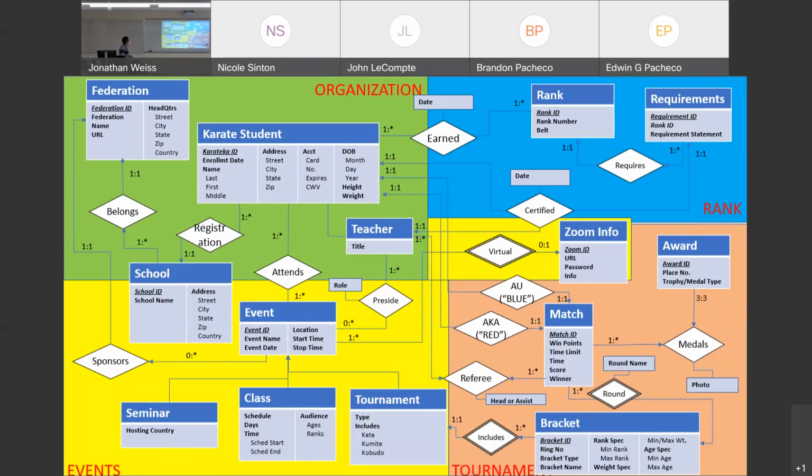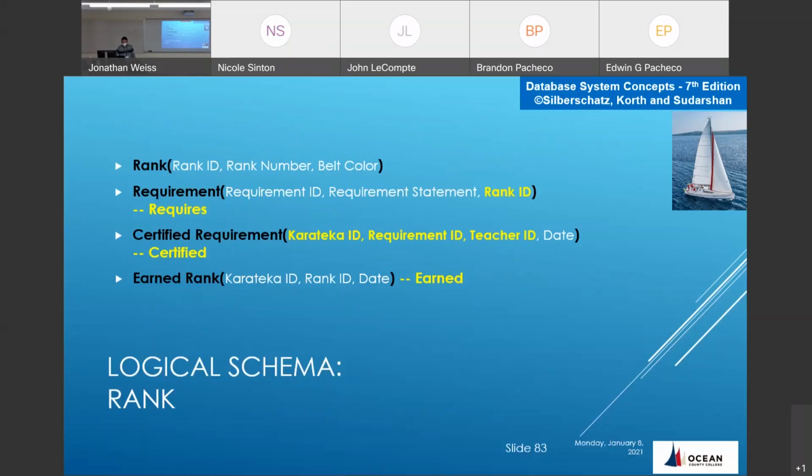Okay, that's another good point here. When we have a three-way relationship, we can't put a foreign key in any one of these individual relations to represent that three-way relationship. So once again, three-way relationships need a schema all to themselves so that we can capture the different parties to that three-way relationship. Okay? So certification needs its own relation in the schema